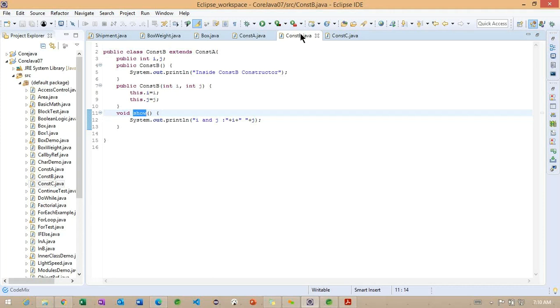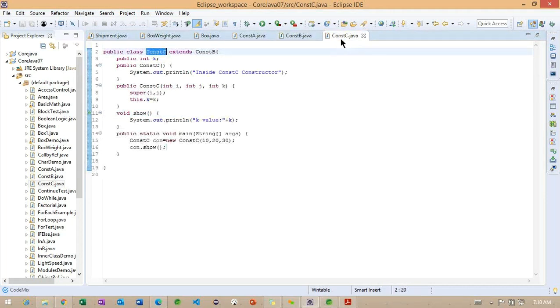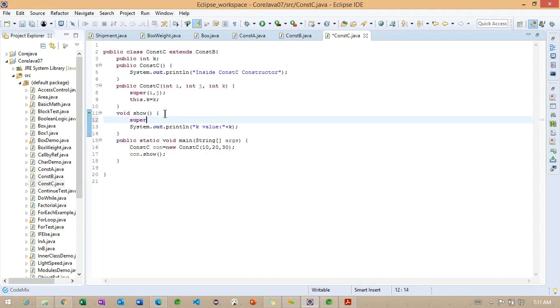Okay, so we'll observe, if we want to call the superclass method, what we can do. As we identified, whenever we call it, the subclass method is called. But even though we want to show the superclass method, to call this, we need to use this particular keyword, super.show. Super.show.